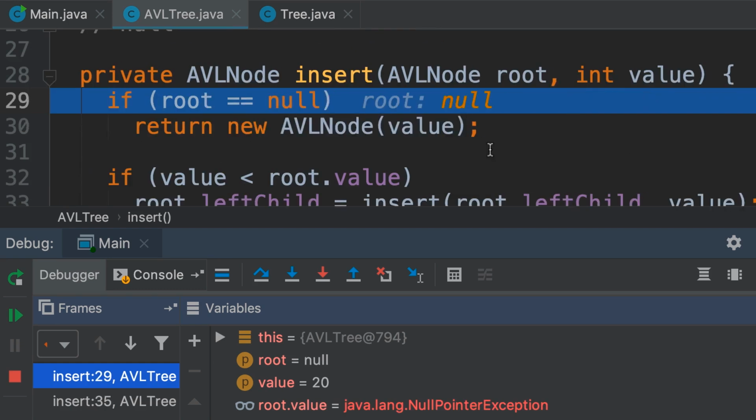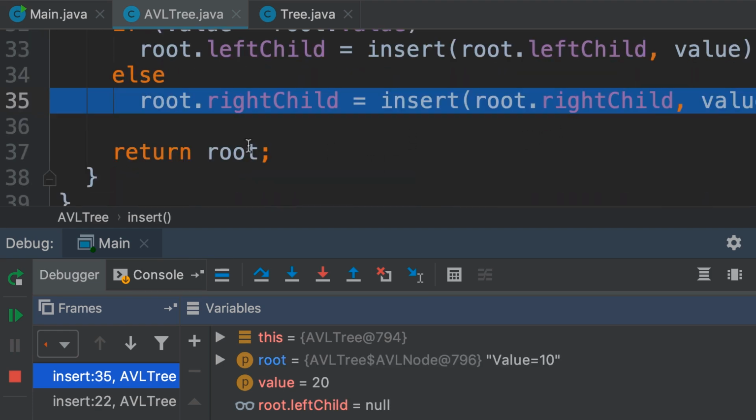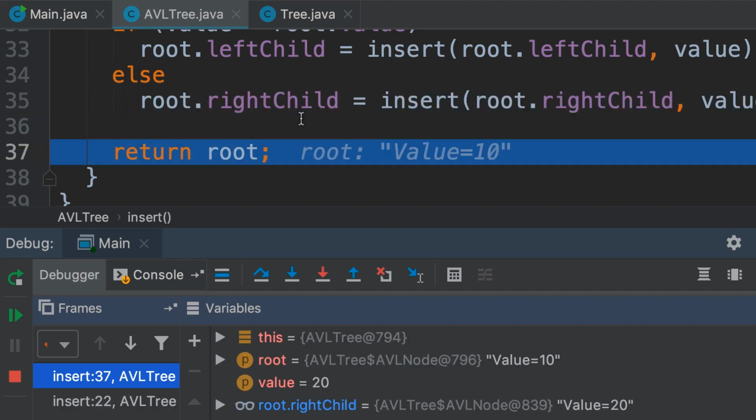All right, here we're looking at the right child of the root of our tree. As you saw earlier, the root of our tree doesn't have any children. So now this root is null. So our private method is going to return a new AVL node. All right, we get this, and then we set root.writeChild to this new object. So let's execute this line. Beautiful. Now finally, we're going to return the root node, which is the node with value 10,